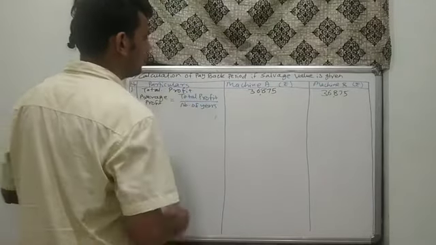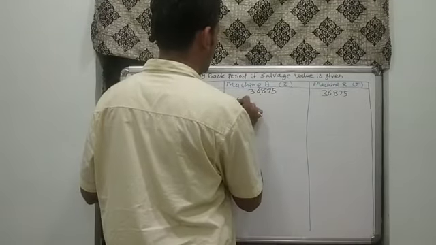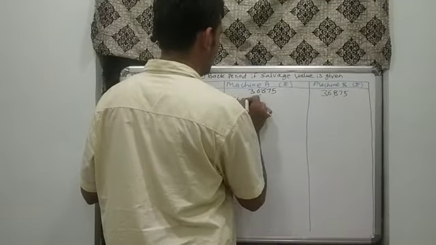So what was our total profit? 36,875 divided by 5. For both the machines, 36,875 divided by 5. Here for machine A is 7,375. For machine B it is again 7,375. This was the first portion which we have calculated. Then secondly, what we have seen, original investment.